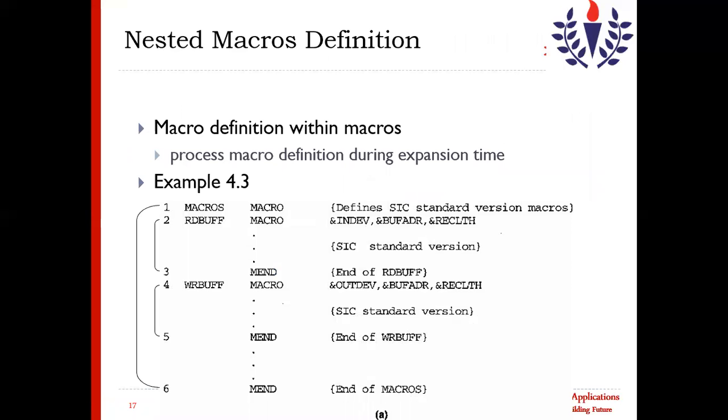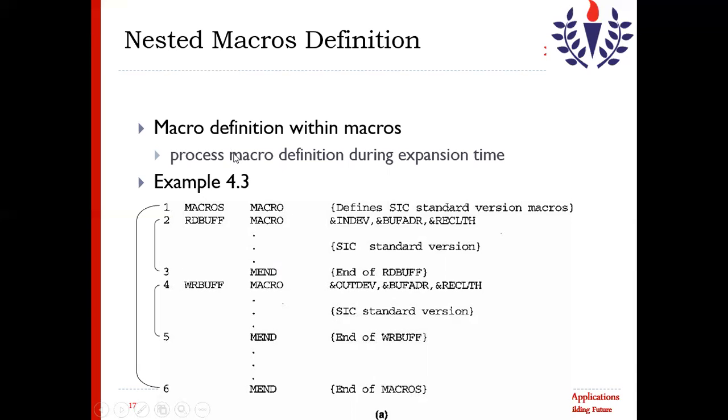Now, the next thing is that it is possible to nest one macro inside another macro. That is nested macro definition, meaning when we are defining one macro, inside that we can define more than one macro. A macro definition within a macro is called a nested macro definition.